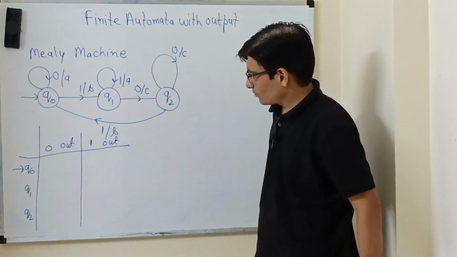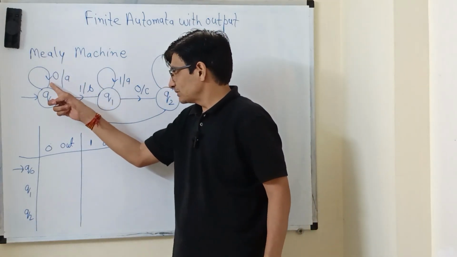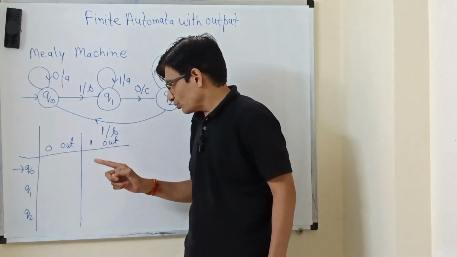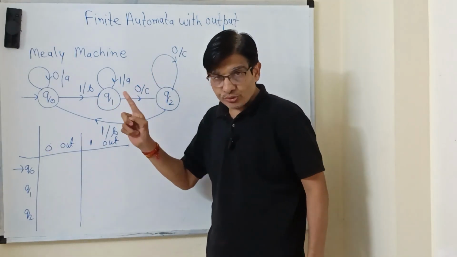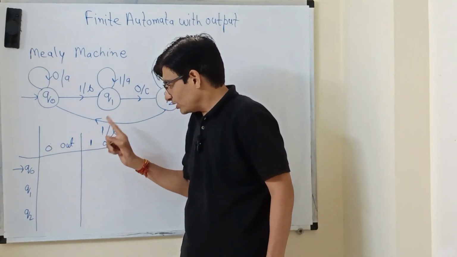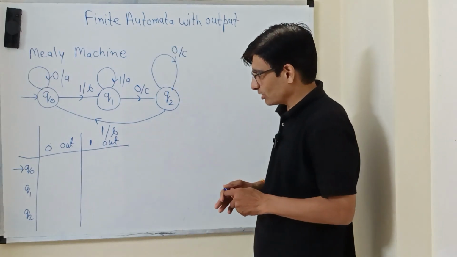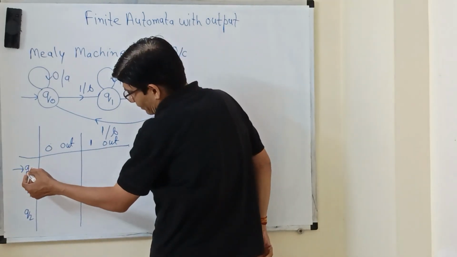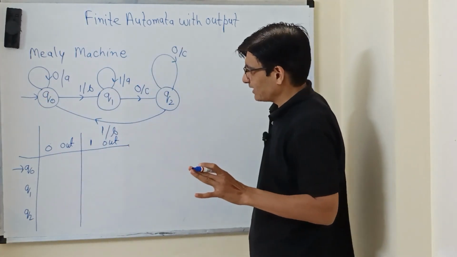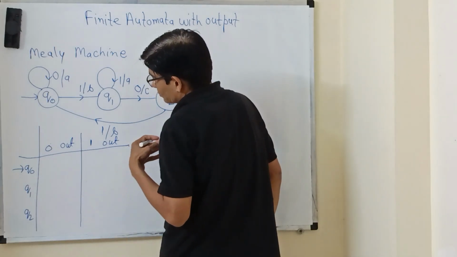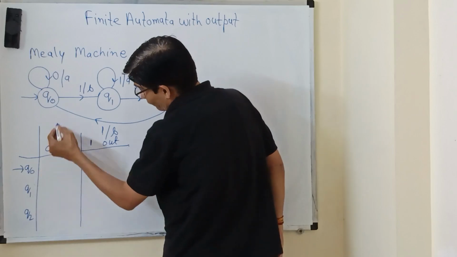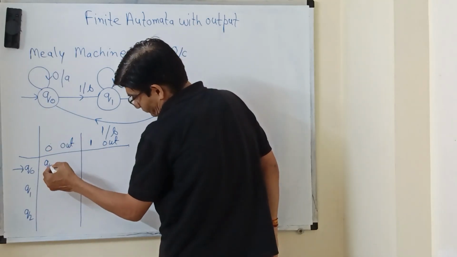So there are two input symbols, 0 and 1, and we have mentioned both here. As the output symbol is associated with the transition, with each input symbol we need to add an output symbol. So you can see here, now we will convert this particular machine into tabular form. On Q0, if we are getting a 0, we are staying on Q0,